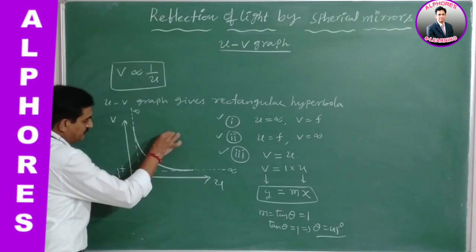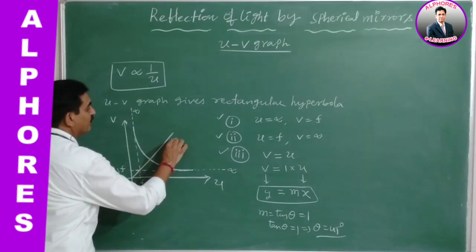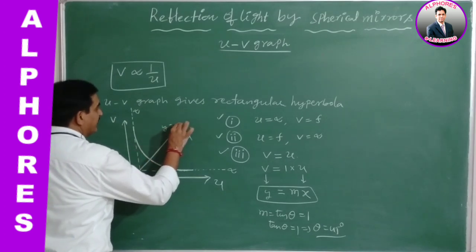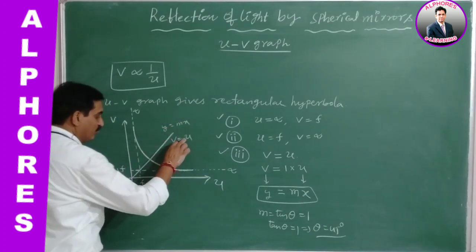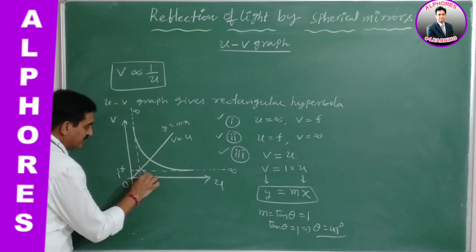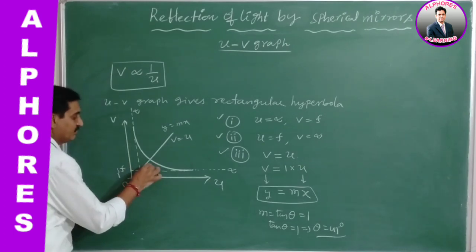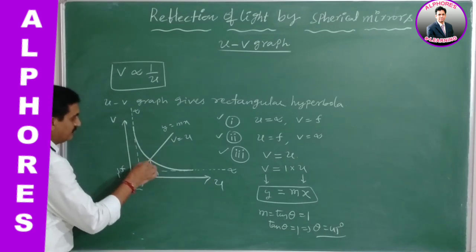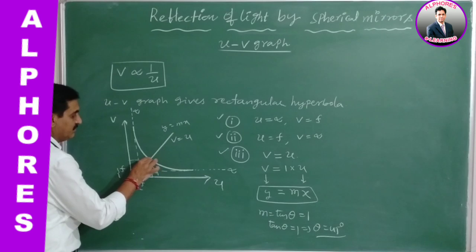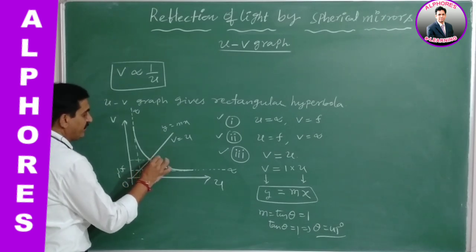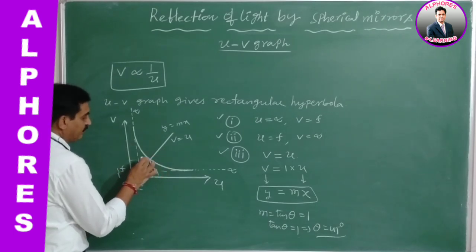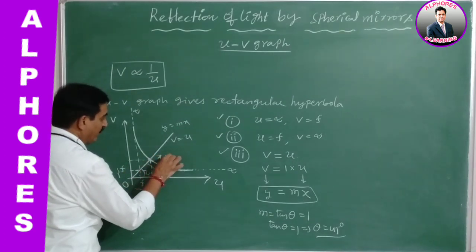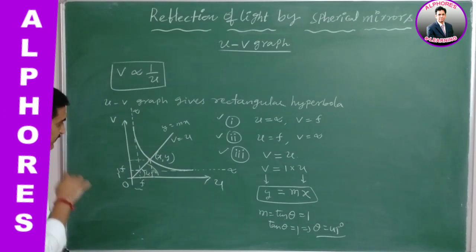This is a straight line passing through origin, y is equal to mx, and which cuts the rectangular hyperbola. So this is the V is equal to U line. It is y is equal to simply mx, where slope is 1 over here. Its corresponding angle is 45 degree. Now, what is this point? Intersection point. This point of intersection of a straight line with a hyperbola has x comma y coordinates. Let us find these coordinates.